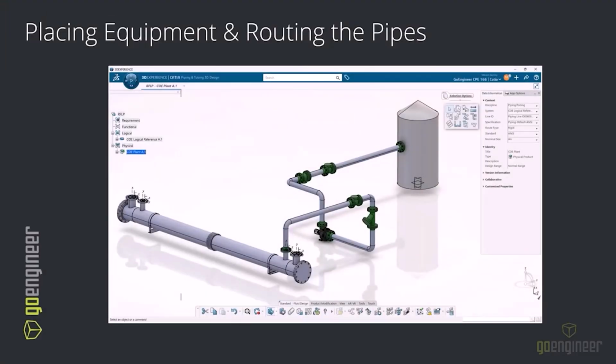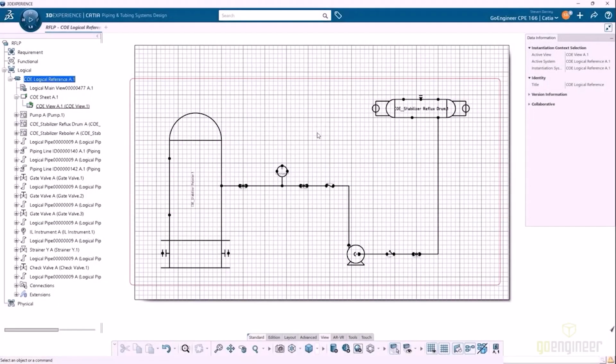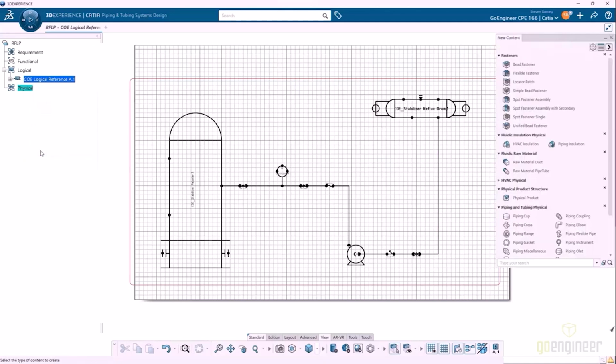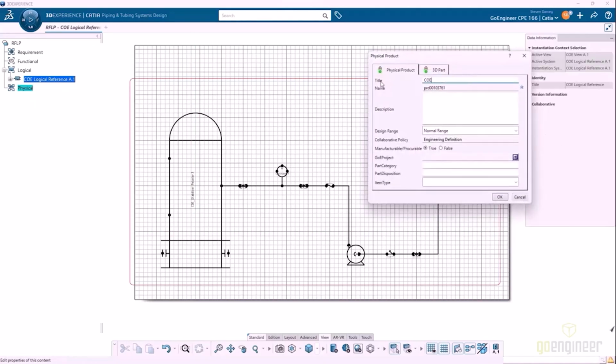So now that all the hard stuff is done, the catalogs and tables and all that stuff, we get to go to the fun stuff, which is placing the equipment and routing the pipes. So here we are in our logical reference and our schematic. So I'll collapse that, and I'm going to right click and say insert new product on the physical, and then just select on the physical product. It's going to put an assembly at the very top level of that physical. So I'll just name that COE plant,